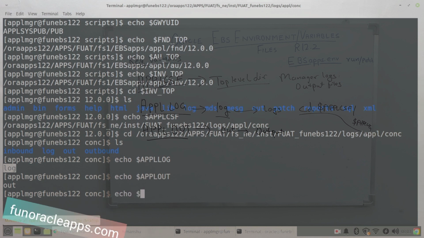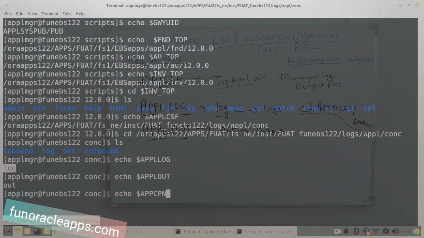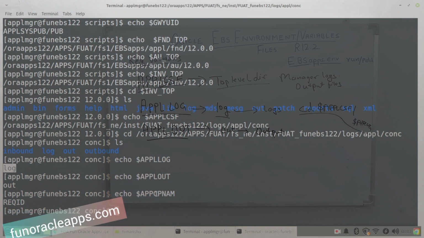Also, there is an important variable as we are discussing, so I will tell you, APPLCPNAM. What your concurrent manager logs and output files name will be depends on this variable.